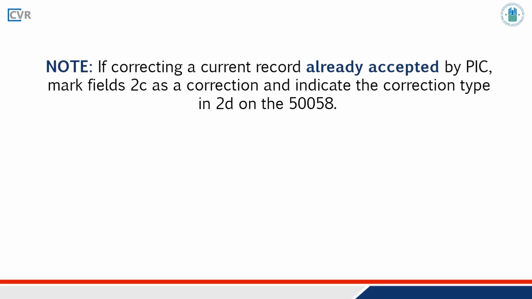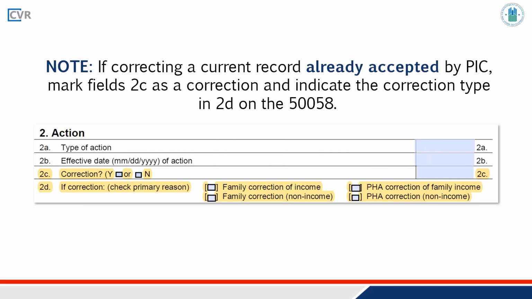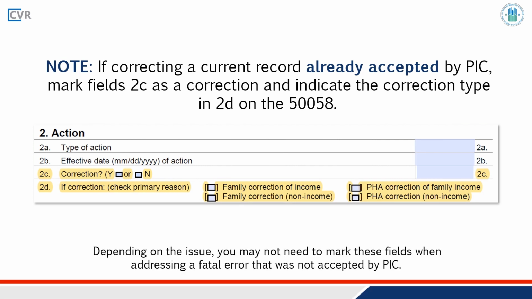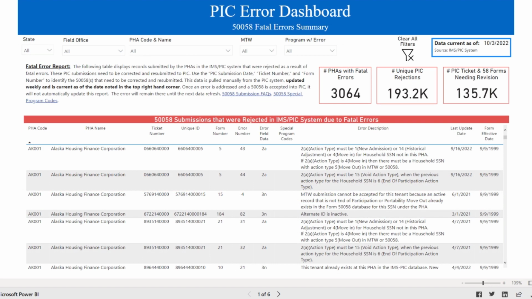Note: if correcting a current record already accepted by PIC, mark fields 2C as a correction and indicate the correction type in 2D on the 50058. Depending on the issue, you may not need to mark these fields when addressing a fatal error that was not accepted by PIC. Once you've corrected the error in PIC, review the PIC error dashboard to see if the error